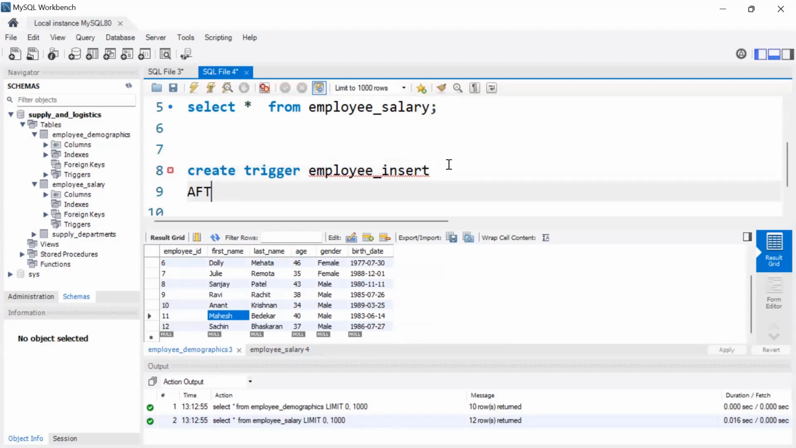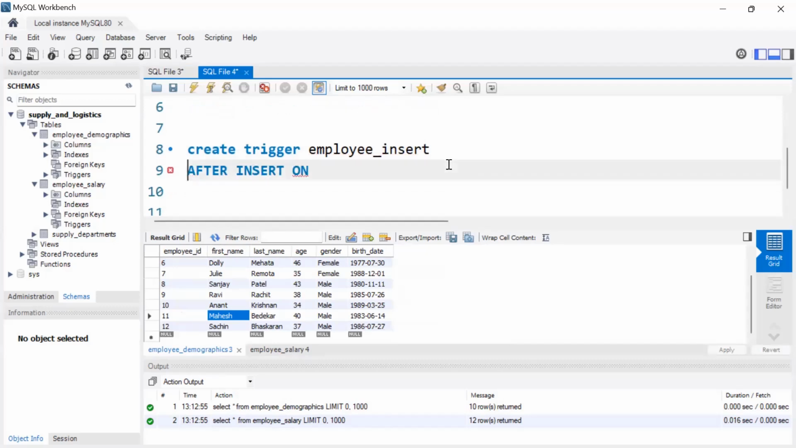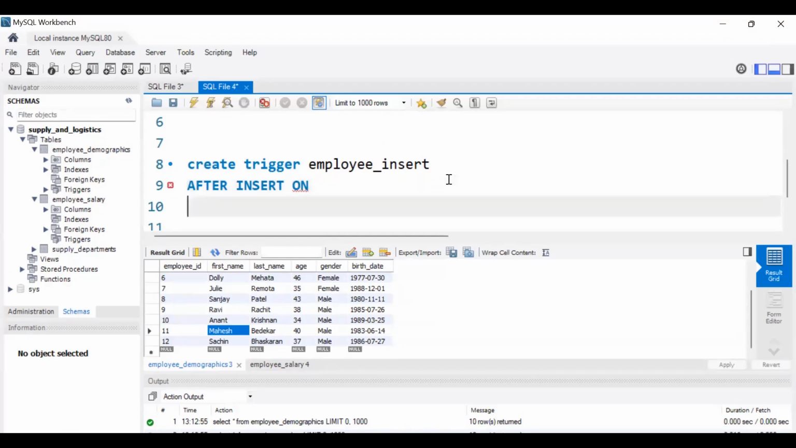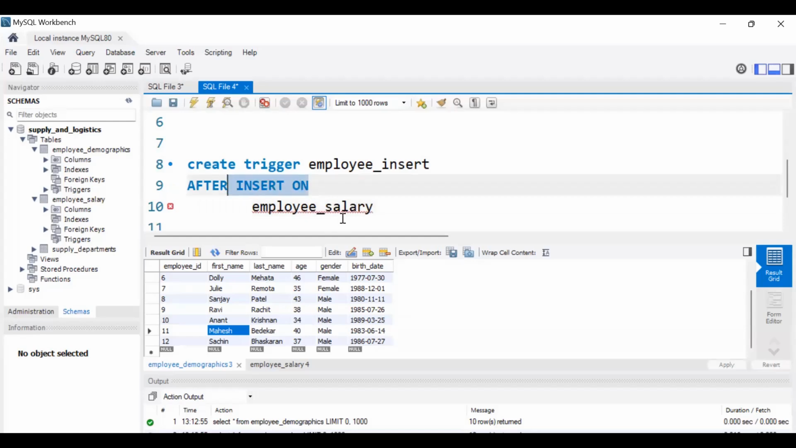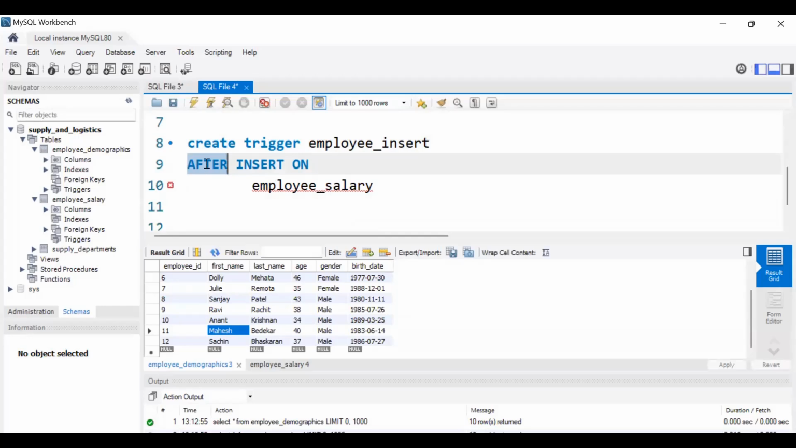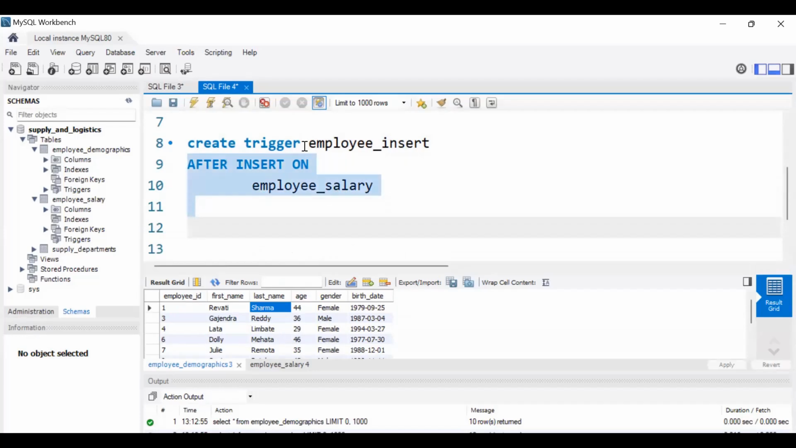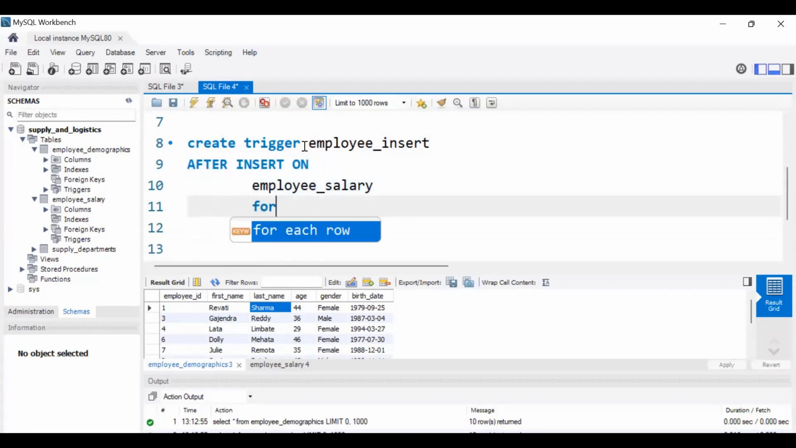For this, let's write AFTER INSERT ON. This is the statement you need to write here, followed by the table on which the trigger should execute, which is employee salary. So it is AFTER INSERT ON employee salary. There is also a BEFORE keyword, but that is for some other purpose, like before deleting any record from that particular table. So after insert on employee salary, we write FOR EACH ROW,